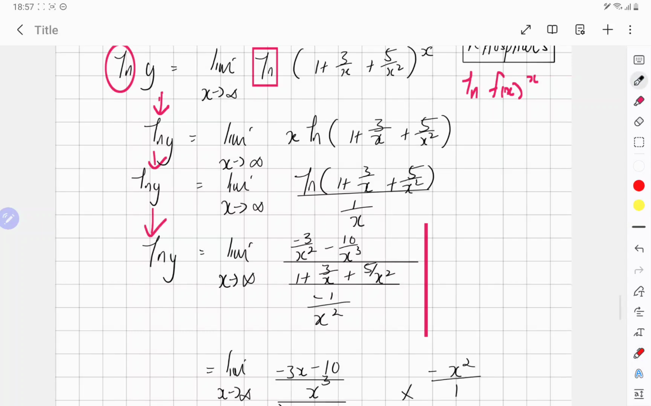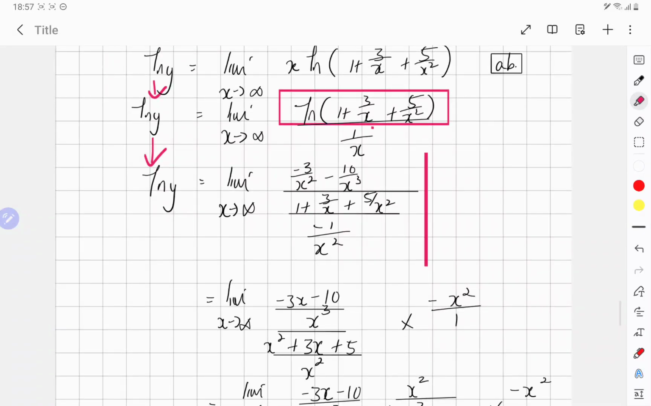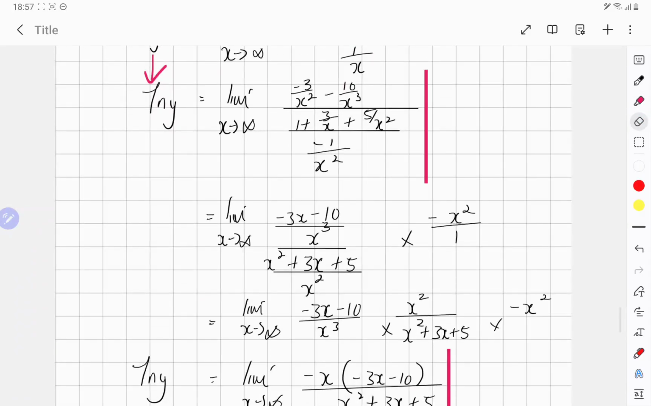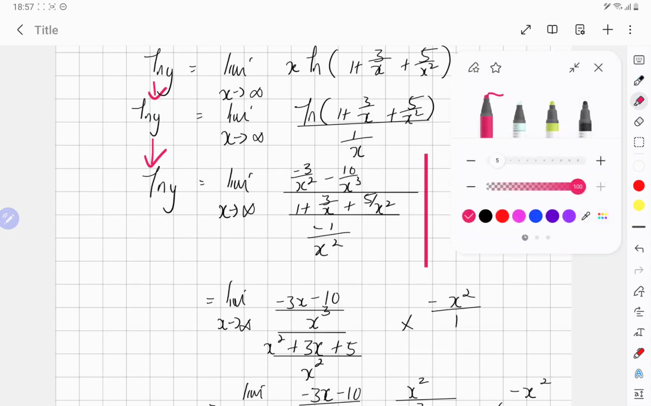Then remember what we've seen by now, a times b, you want to change it into a fraction. Your more complicated function will be at the top. X will move to the denominator, 1 over x. So that step is extremely important. Now what we're going to do, a common mistake students make, they forget